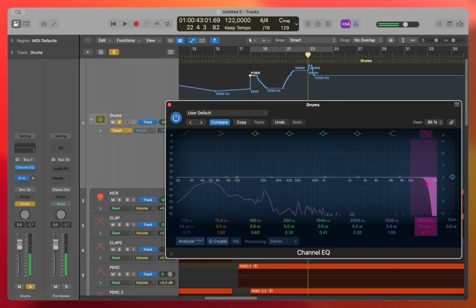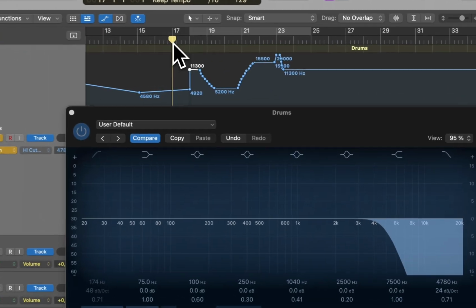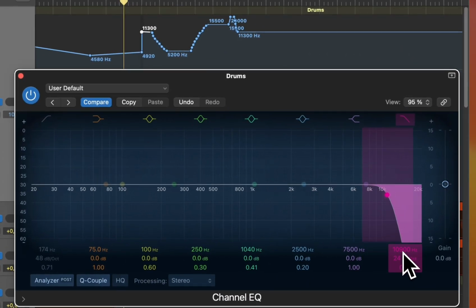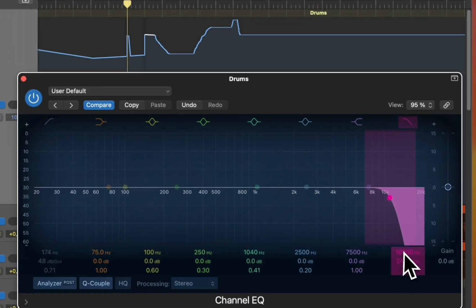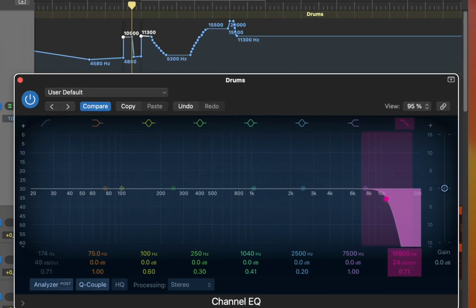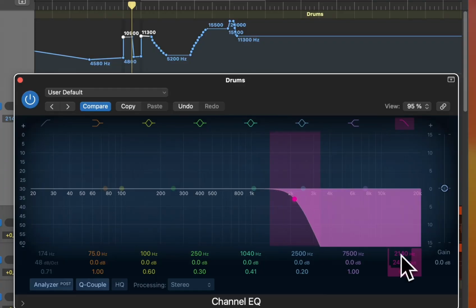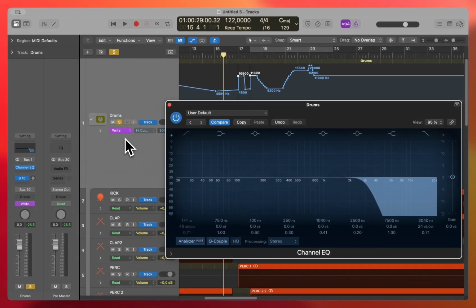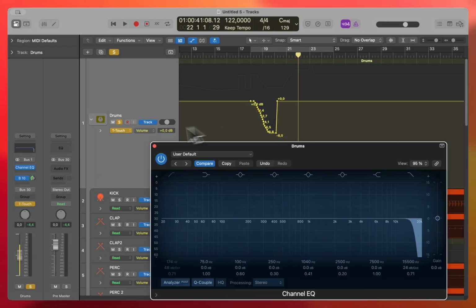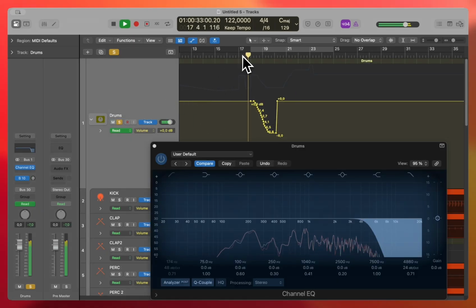And now let's go to the write. It works almost like the latch, but this time it starts from where we already have it. For example, let's put it here on 10K, and I'm going to put it on write. It's going to start right away from the 10K. And if I put it, for example, on 3K now, and change it again to write and let it play, it's going to be changed to 3K. And if I put it again on the read,